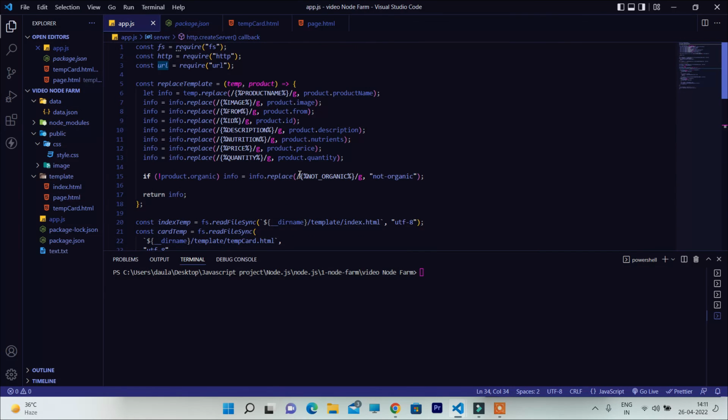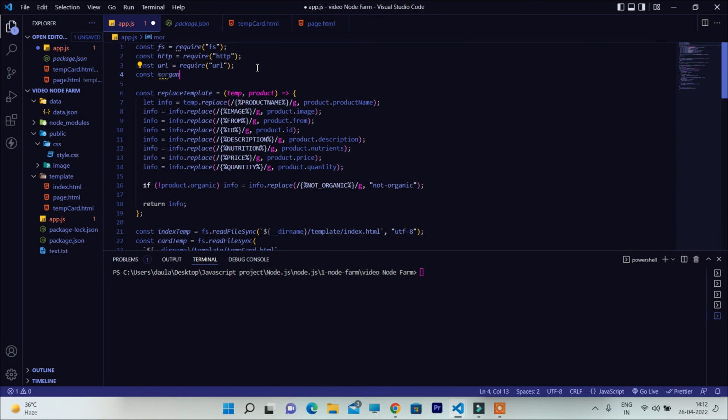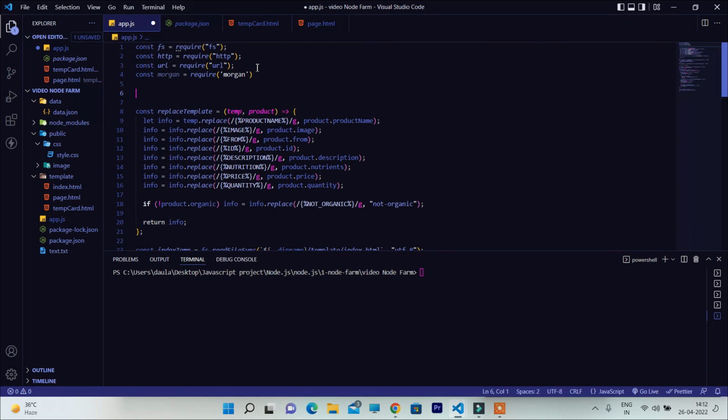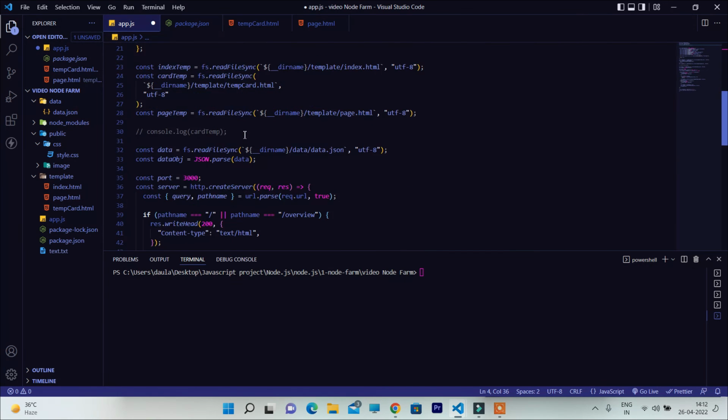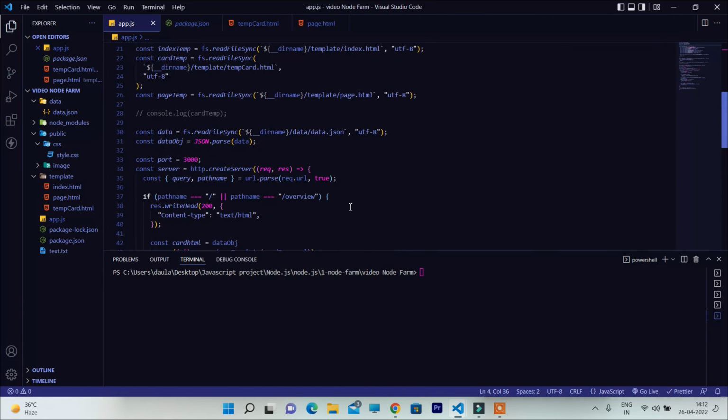I'll come here and let me import that. So I can say const morgan equals require morgan. Visual Studio Code is already very smart, it will show you. I don't want to make things complicated. We're going to use this package in the next part of this video, where we're going to upload the entire data into the MongoDB servers. Then we'll use this. Right now I don't want to make things complicated because we'll use it for the remote server. So this is how we can create our function which can render the information from the data JSON file,